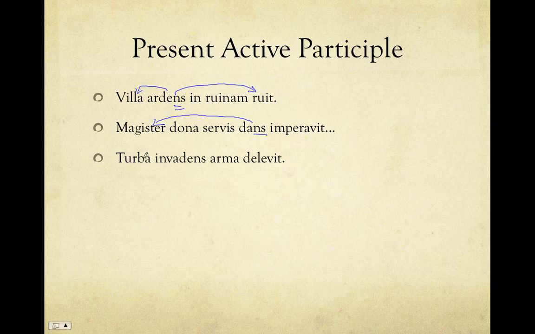Turba invadens arma delevit. The crowd, the invading crowd. There's our participle invadens, modifying turba. So the invading crowd destroyed the arms. And then finally, poeta vivens cecinit. Here's our participle modifying poeta. The living poet sang. Poeta vivens could be the poet while he lives, the poet because he lives, the poet if he lives, if he lived, sang. All of these, again, it depends on the context in which you find the participle. So that's the present